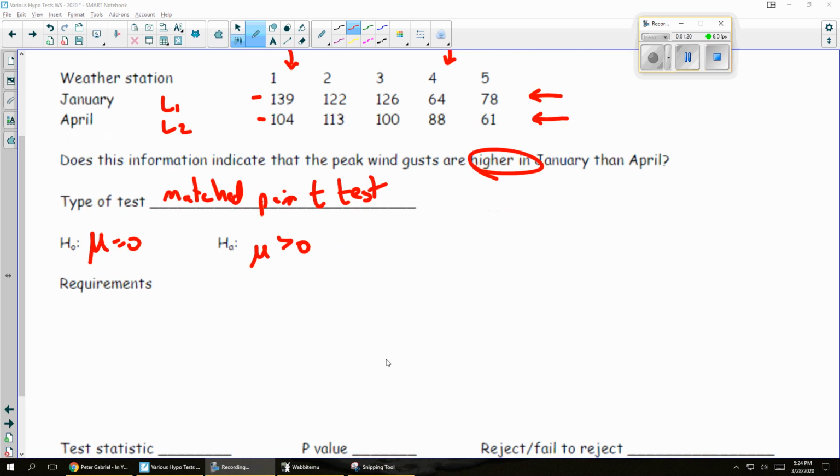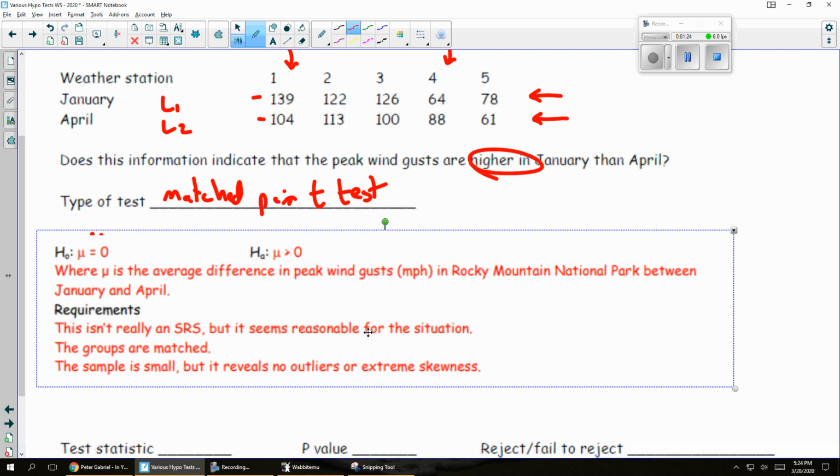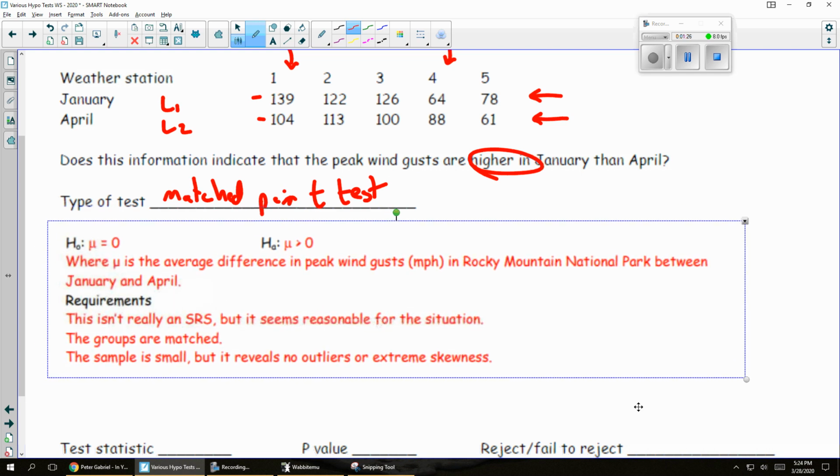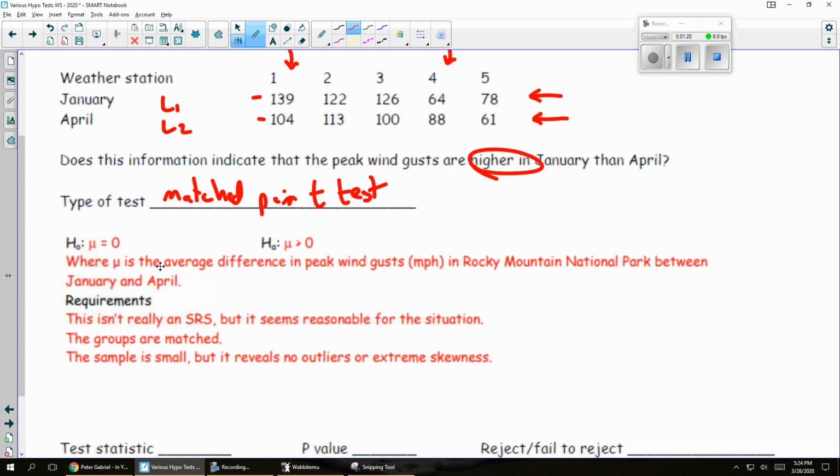So let's talk about the requirements, and I typed them. There they are. Went back and defined that term there. Okay, so this isn't really an SRS. These were January wind gust in some year and the corresponding April ones in some year. So it's not really an SRS of all the years, but it seems like this might be a reasonable thing